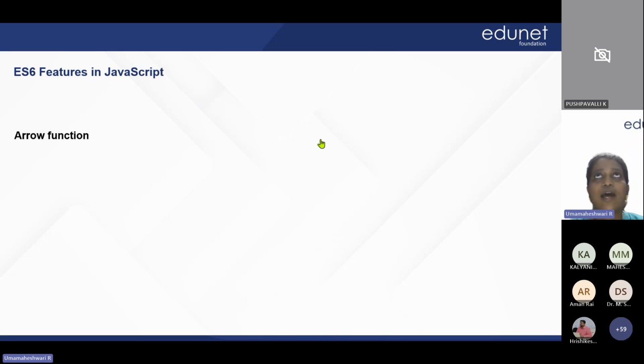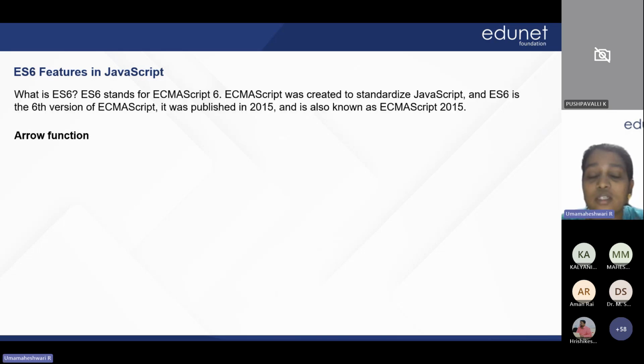As of now, we learned about the basic JavaScript, as we already know. But what are the other advanced JavaScript concepts we want to know? Let's see. The first one is the arrow function. Before starting with the arrow function, we'll see a simple code on the basic function, and then we'll move on to the arrow function. First, what is ES6? ES6 stands for ECMAScript. ECMAScript 6 was created to standardize JavaScript. ES6 is the sixth version of